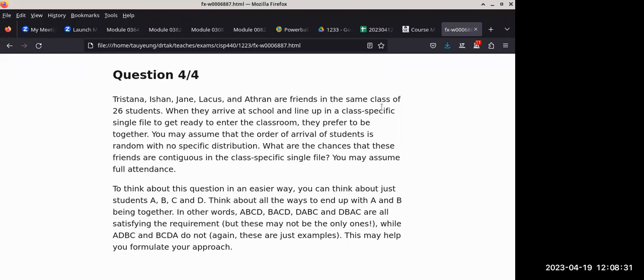So this is the question. I can post it in an announcement so that you guys can have access to it. This is related to permutations and to probability, because we have to look at all the possible ways for 26 students to arrive, and then out of those possible ways, how many will end up with these 5 particular friends being together. Are we good so far in terms of understanding the question? Once again, I'm not expecting you to get it done today during class. Do this over the weekend.